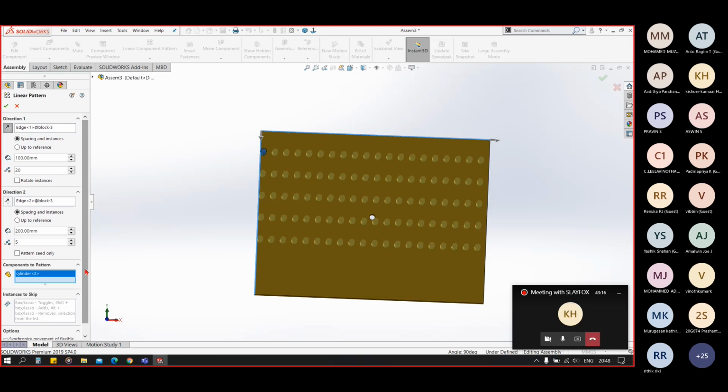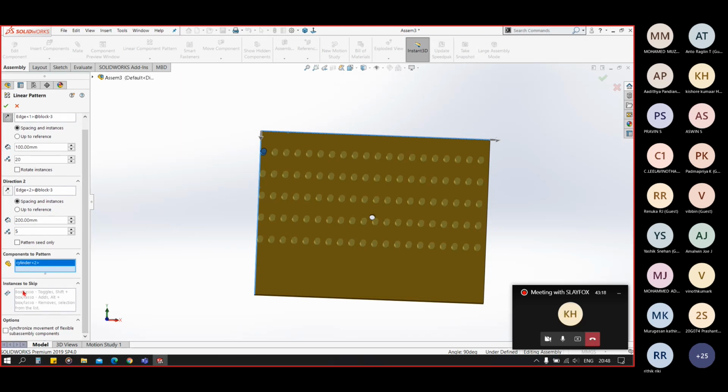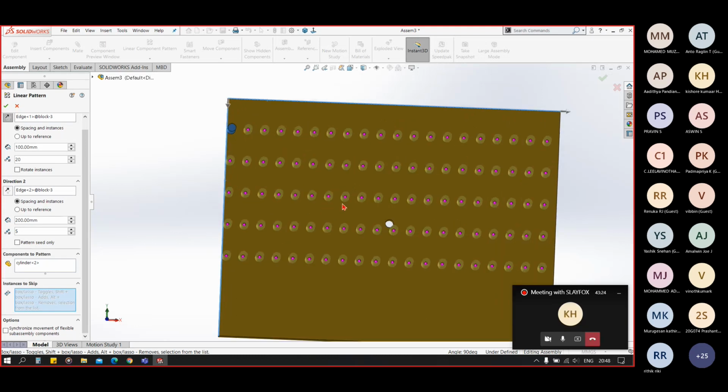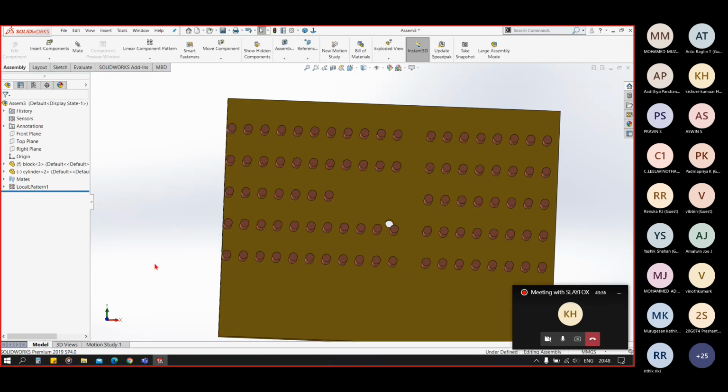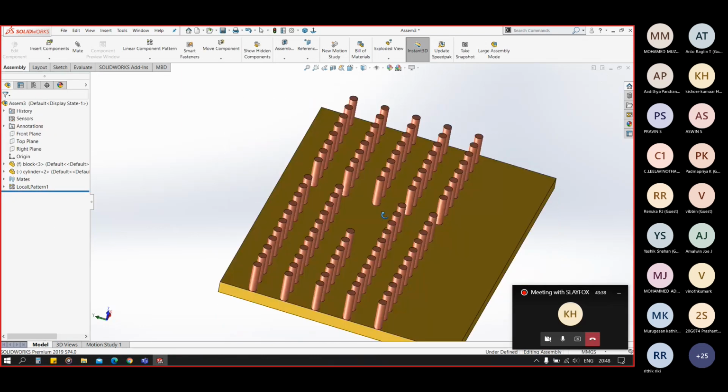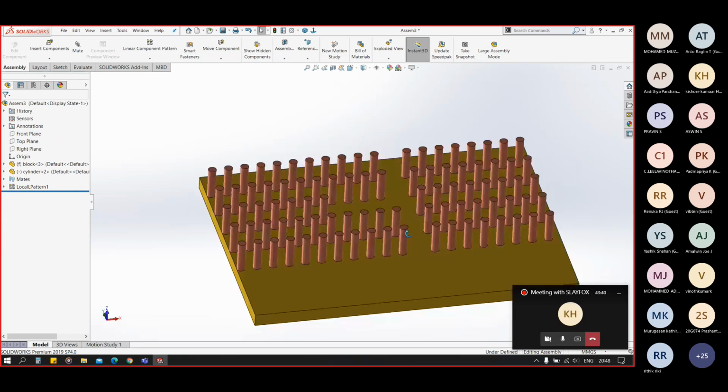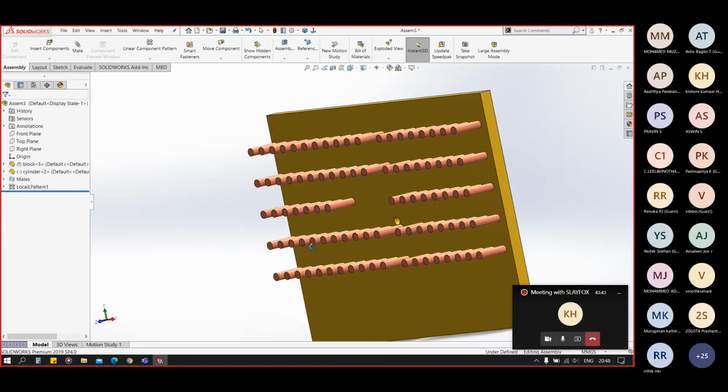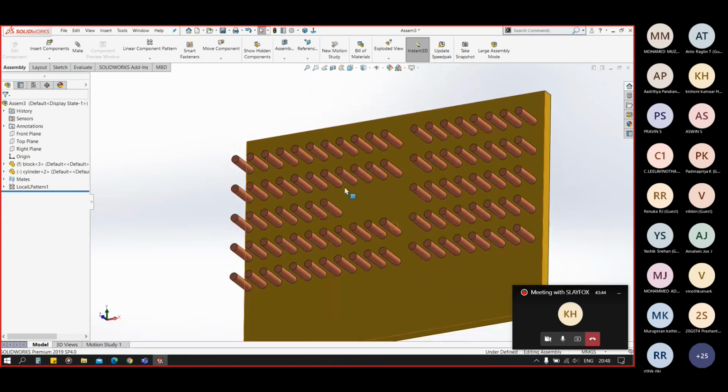Now you see the similar feature here, instances to skip. When you click this box, pink color points will appear, and as you click on those, you will be able to skip those instances. As you click OK, you can see we have our linear pattern here.